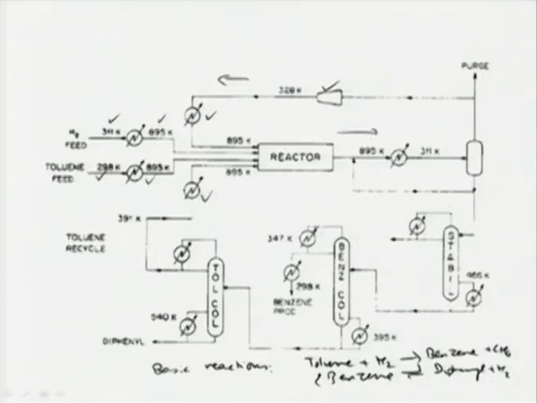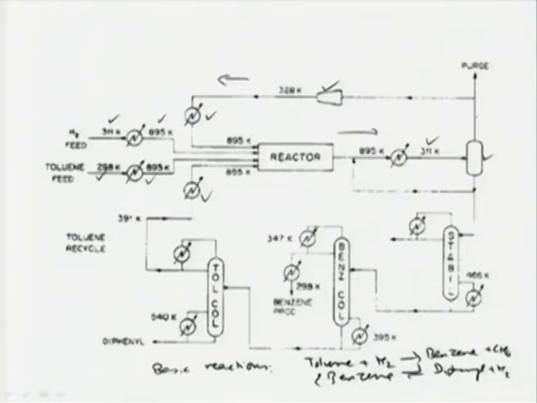Then the reactor effluent that comes out is cooled to 311 Kelvin, nearly room temperature, and then it is admitted into a flash drum where the pressure is reduced. The pressure for the process, as I mentioned, is 500 psi, and the optimum temperature is between 1100 to 1300 degrees Fahrenheit. Or this 895 Kelvin is the optimum temperature.